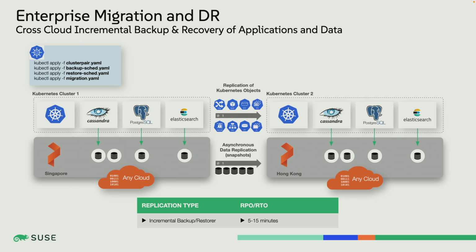Although my two RKE2 clusters are going to be the same, it doesn't really matter where these are running. From a Portworx perspective, I could have SAN attached disks on one side and local disks on the other. I could be running on premises for my source, and then maybe in the cloud as my destination. So for the most part, we really don't care.